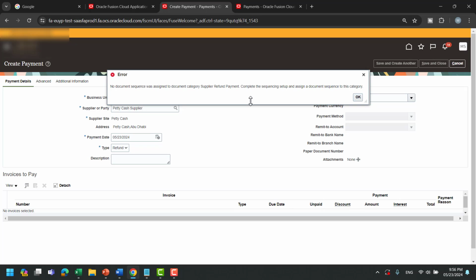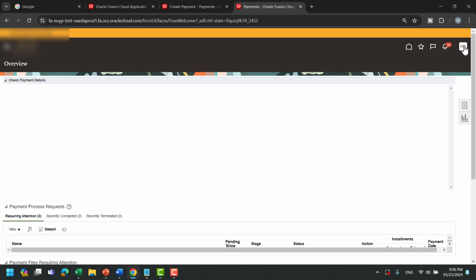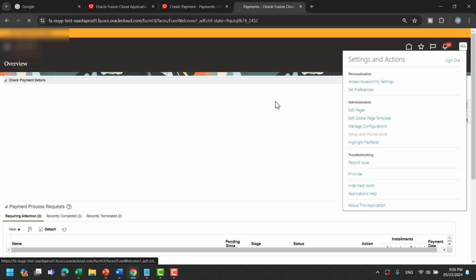No problem. It is good for us that in GL Ledger, if you enable sequence for using for AP and AR, you will get an error if you didn't assign any sequence to the what category? Supplier refund payment. What you will do in this case, you will copy it, just go to setup and maintenance,